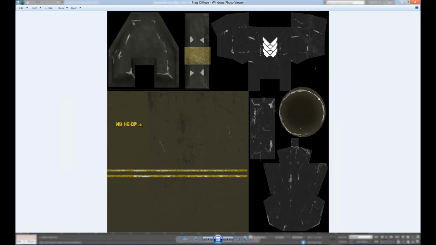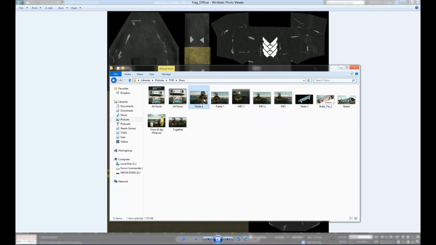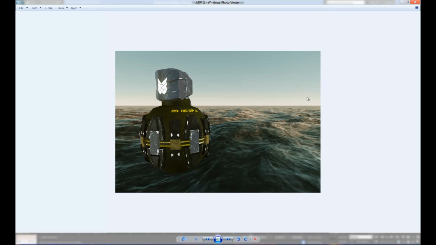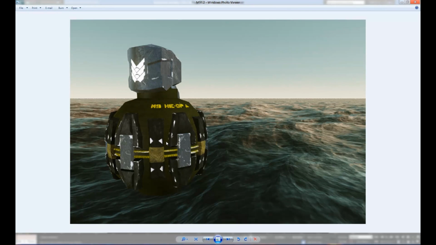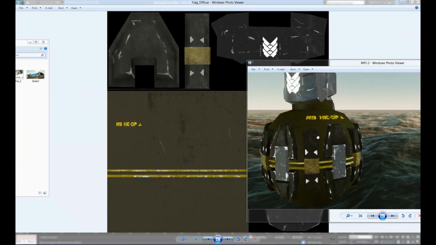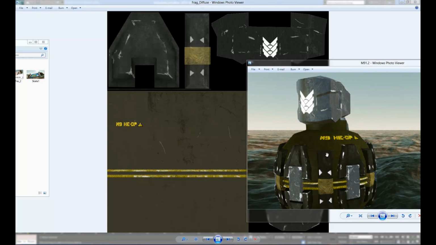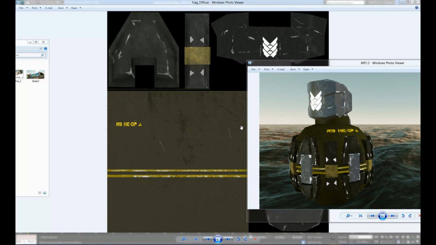For example, this frag grenade. Basically, you can see how if you were to look at the original frag, you can see how these shapes correspond with the texture on here. So for example, I have all of these little clips all using this one part of the texture map. So that way I saved UV space, and I mean this is a terrible texture, but it's a good example